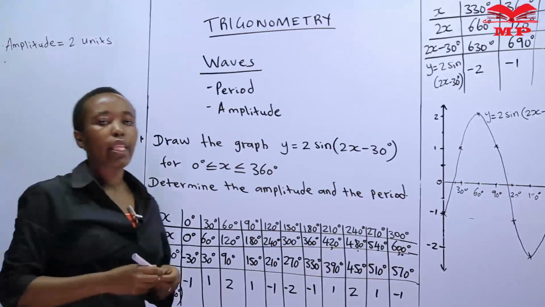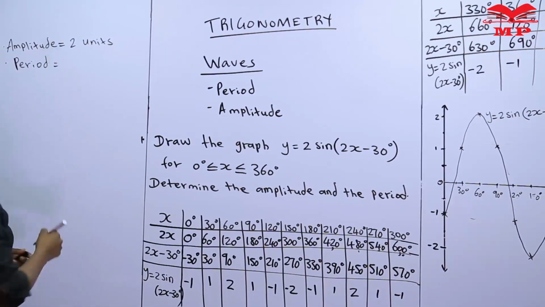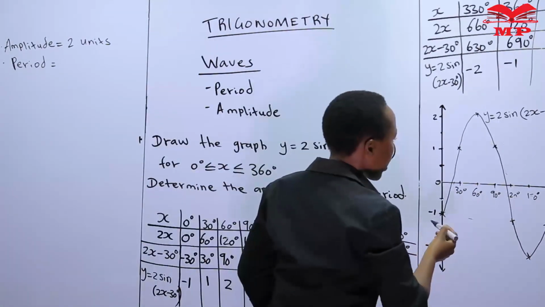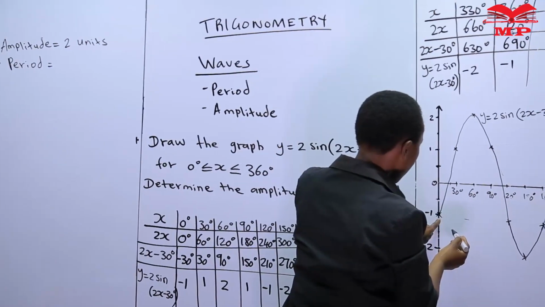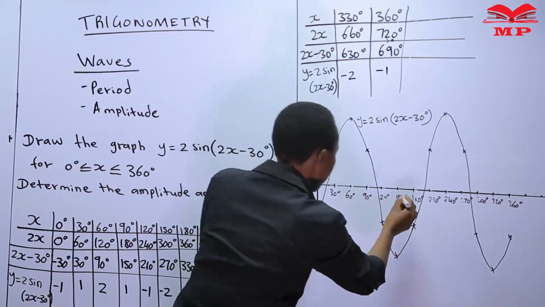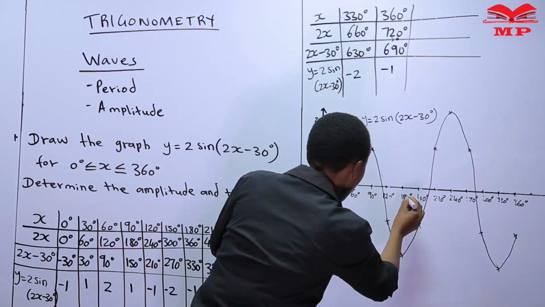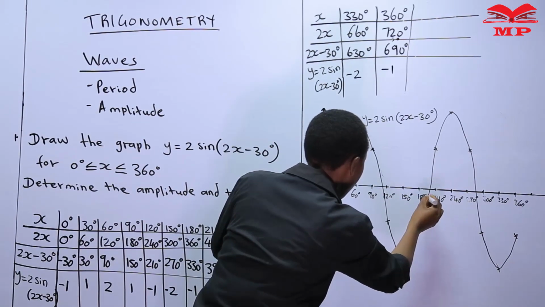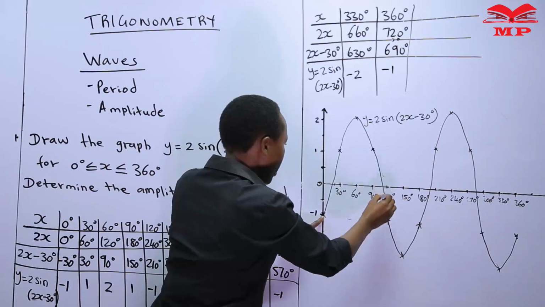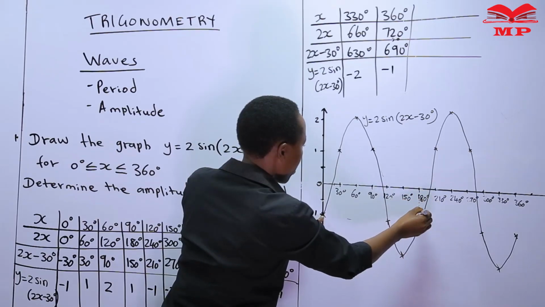Then we also need to get the period. And we said when we want to get the period, we consider one complete oscillation. For example, we can consider this oscillation. We can start it from this point here. We move it. This is 60, 90. This is 120. This is supposed to be 150. And then here we have 180. So we can move all the way from here up to when it starts now repeating itself. That is at this point here. So we can read up to this point.